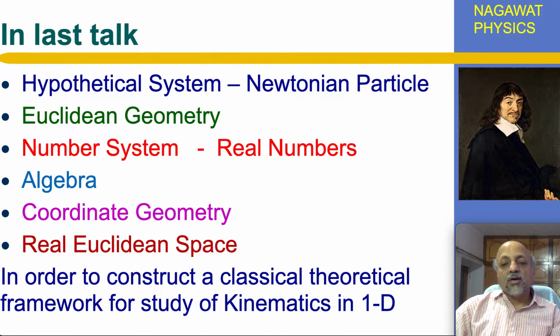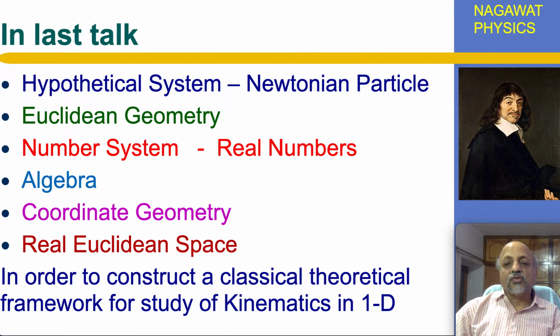In our previous talk, I have explained the concept of Newtonian particle, a hypothetical system, which is our current focus of study. To understand or develop a theoretical framework for describing kinematics of particle in one dimension, we must know certain branches of mathematics. These branches of mathematics were pointed out in my last talk: Euclidean geometry, the number system, especially real numbers,